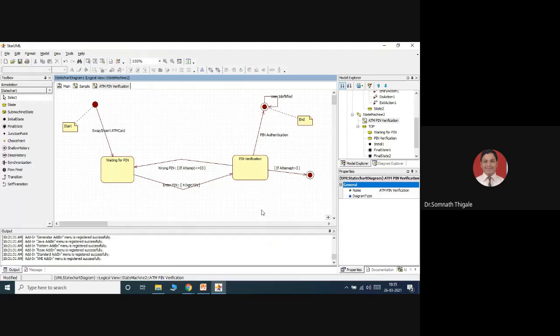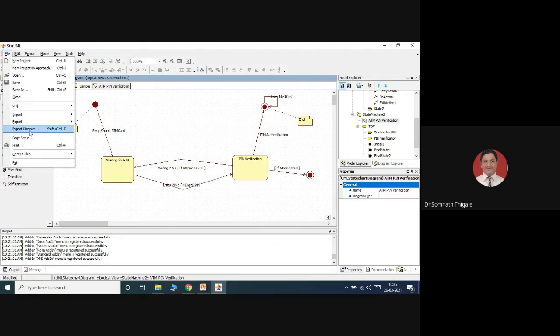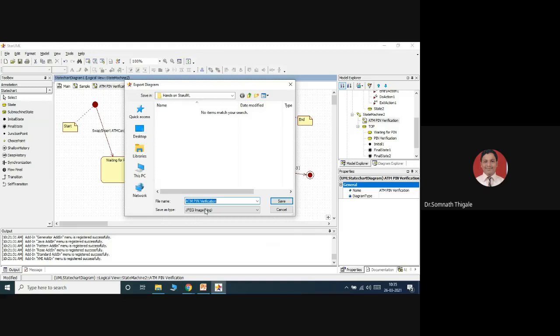So I'll just take this diagram out of this. You can just go to the file option and say export diagram. ATM pin verification state diagram, and save it.